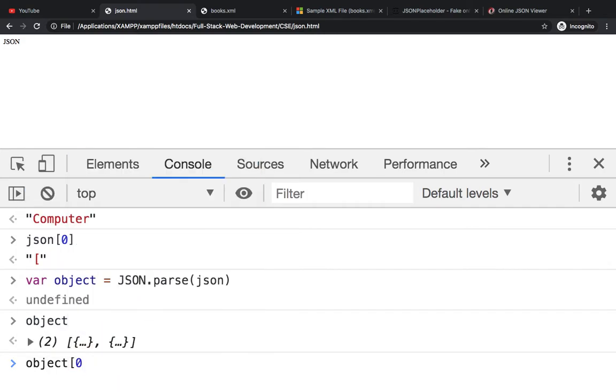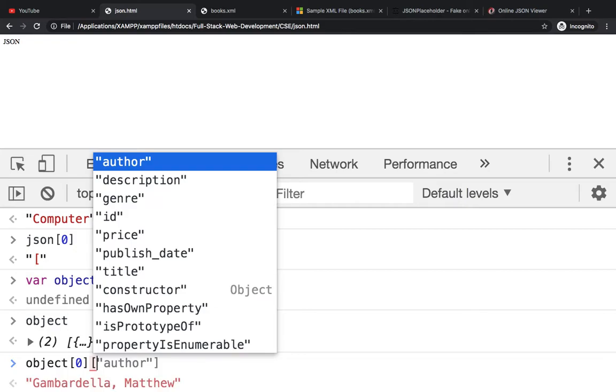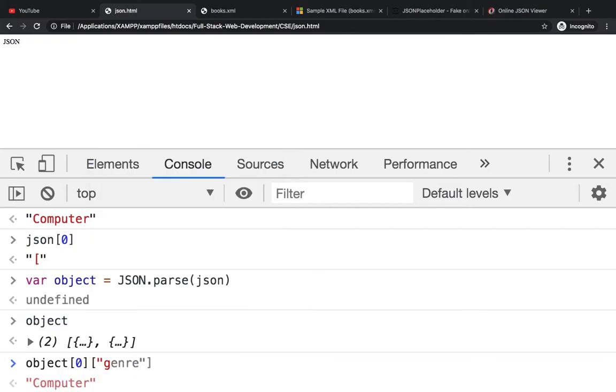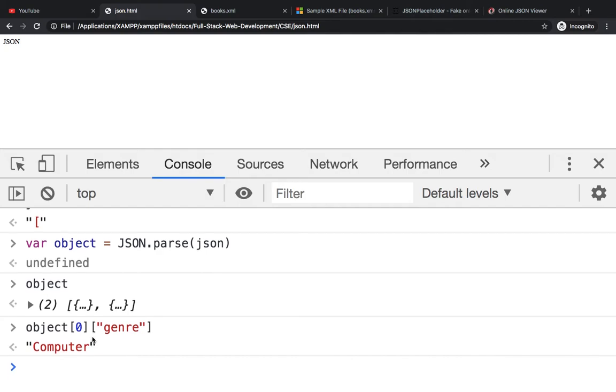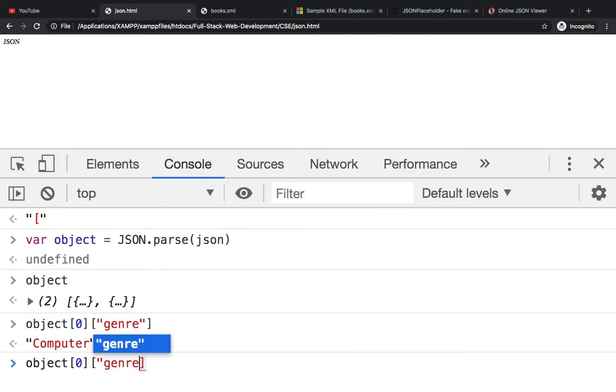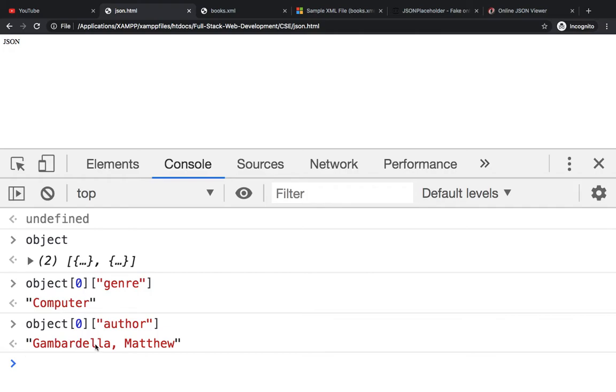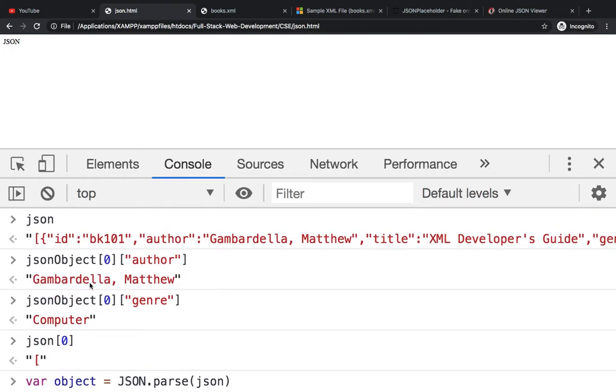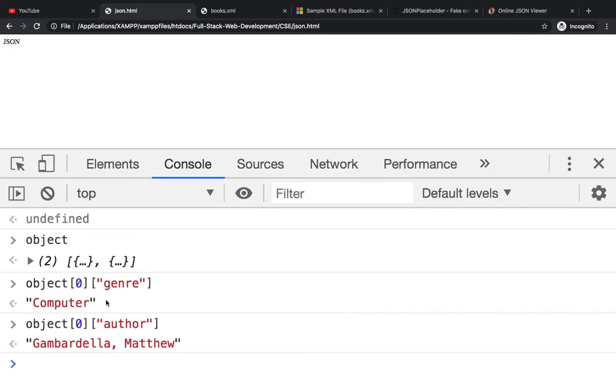So get the genre of the first book, and it's computer, which is the same as this. You can also find out the author, which is exactly the same as you have got previously. So this is the process of serialization and deserialization.